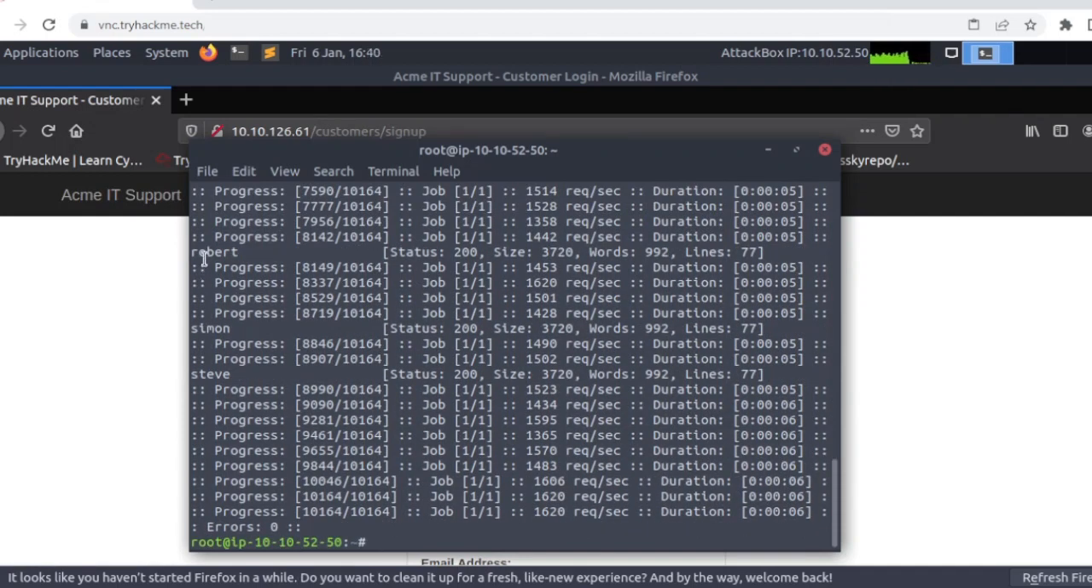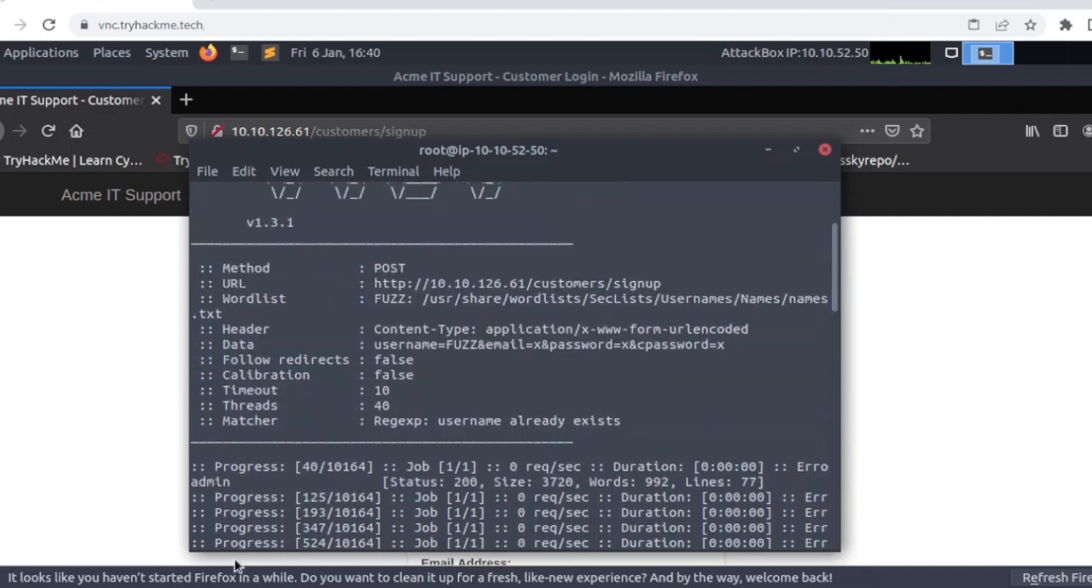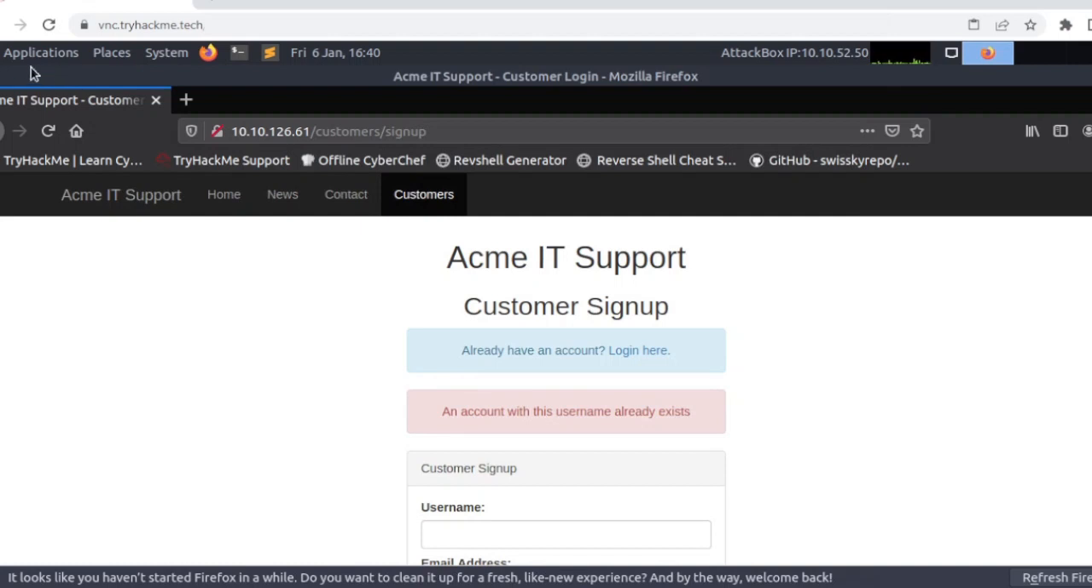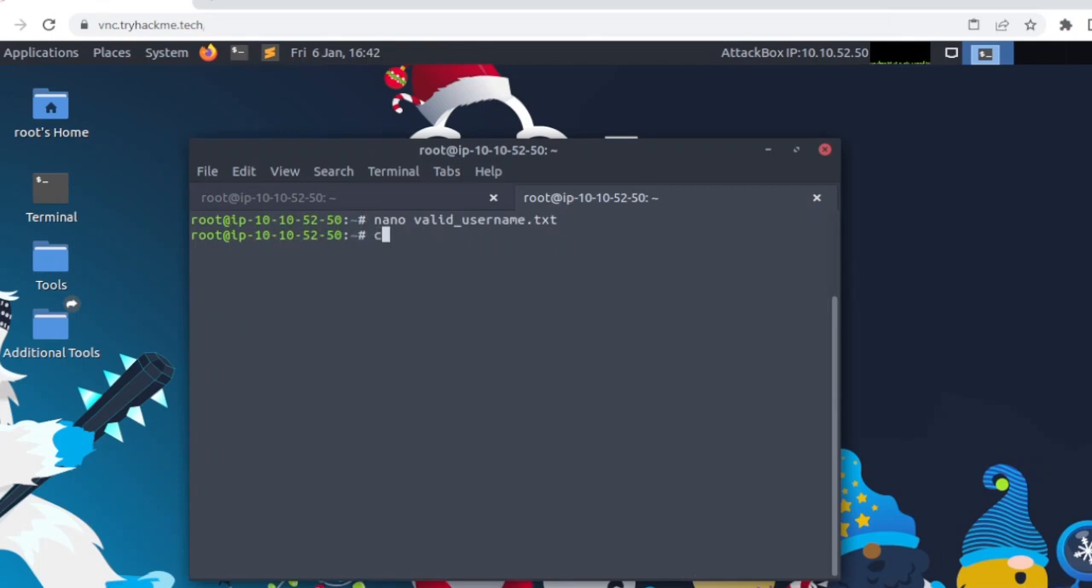As you can see, we have these usernames. There is Robert, Simon, and Steve, and admin. Let's put them into a list. So we found admin. Here to verify, here they are. So now we have a valid